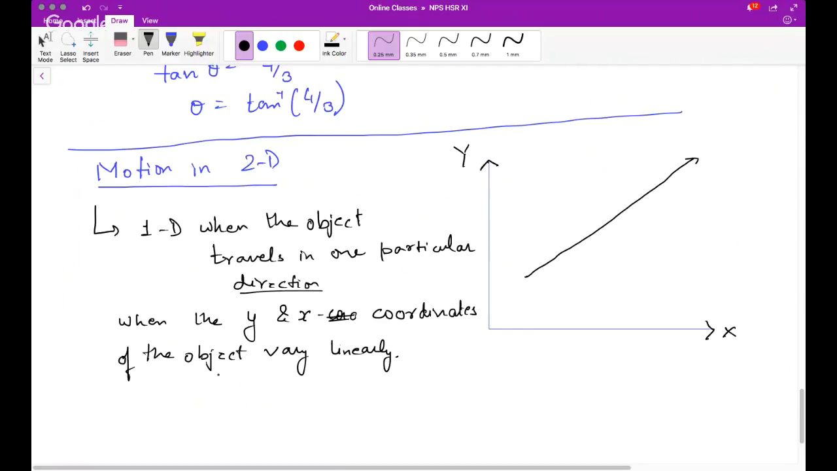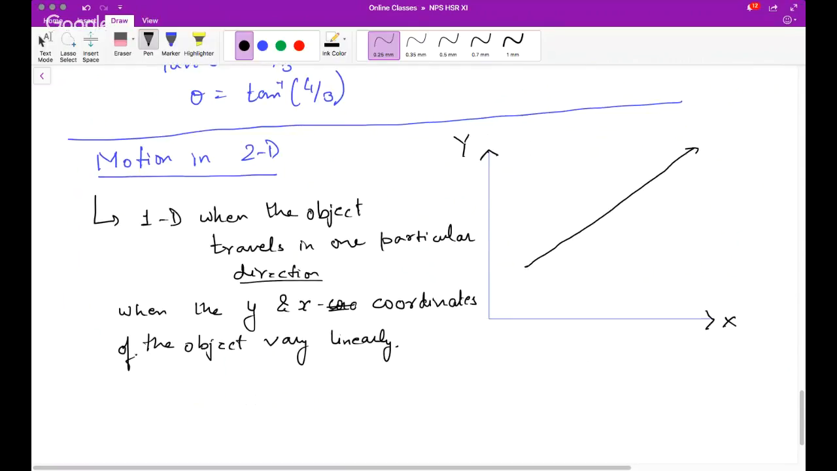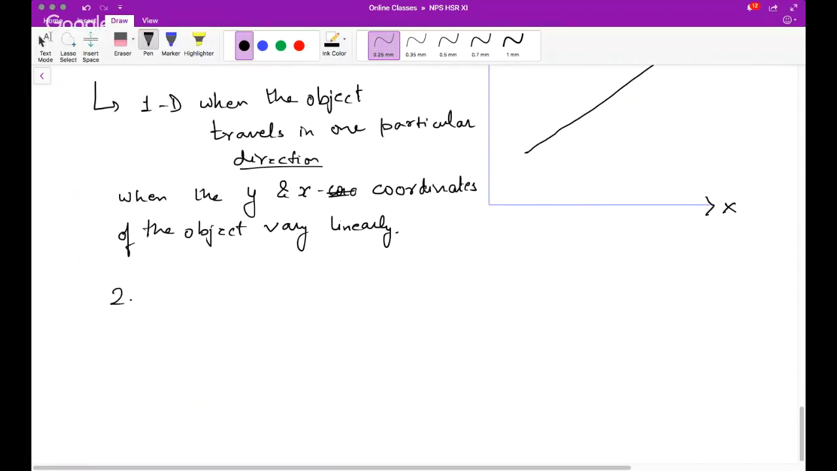In all other cases, it is not 1D motion. And specifically, what is 2D? 2D is when a body, which we have already known, we have to consider it to be a point mass, right? So we consider that the entire mass is centered at the center of mass, and there is no dimension of the body itself. So when a body